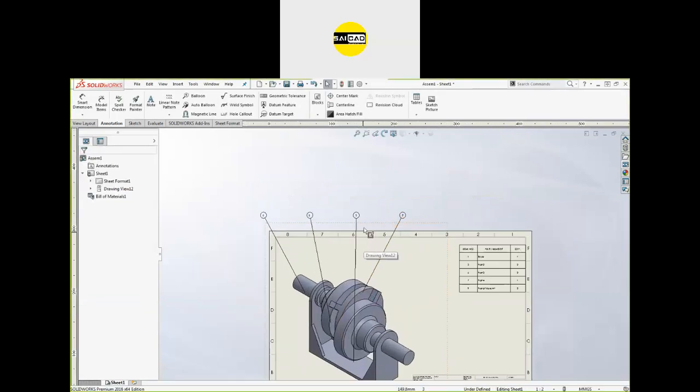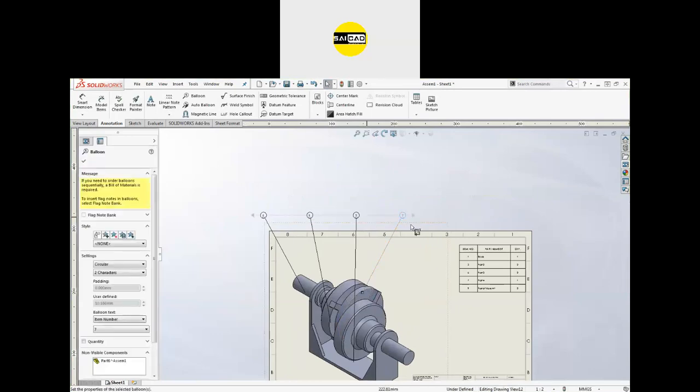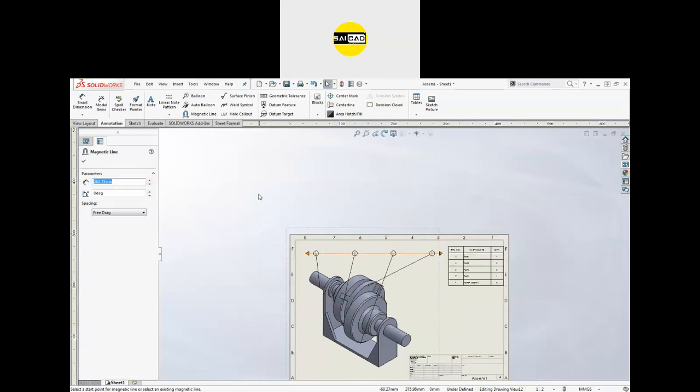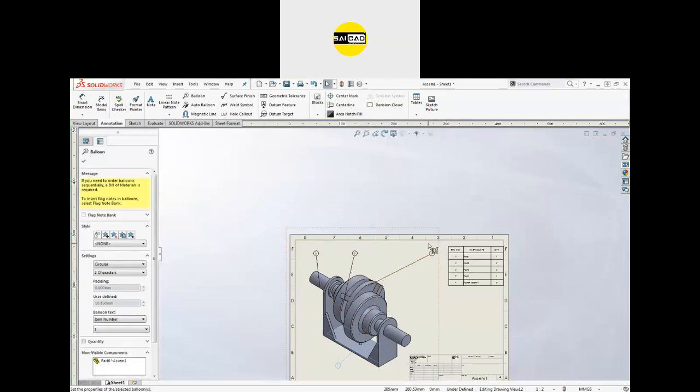If you want to move them, you can see if you select one, you will see a faded line there, and if you go to the line, you will see a magnet with your cursor. Basically, it is a magnetic line. If you drag that line, all the balloons will be dragged according to that. Okay, if you delete that, your balloons will be moved separately like that. Okay, you can add different balloons.